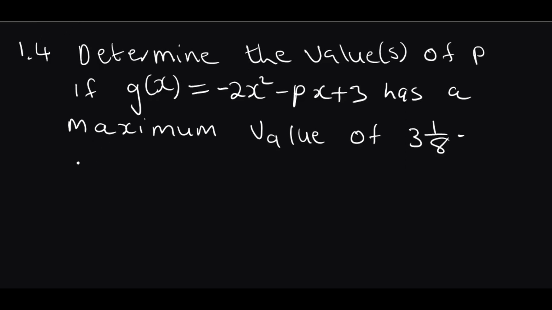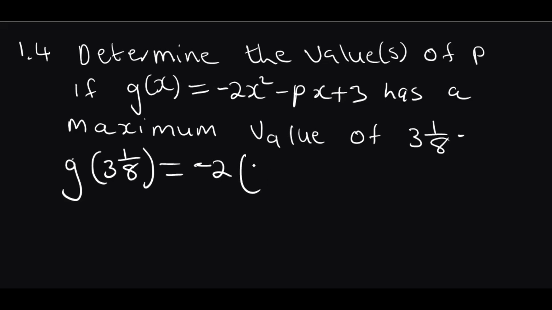What we need to do here is that we need to substitute 3 and 1 over 8 where there is x, meaning we have g at 3 and 1 over 8, which is equal to negative 2 into (3 and 1 over 8) squared minus p into 3 and 1 over 8